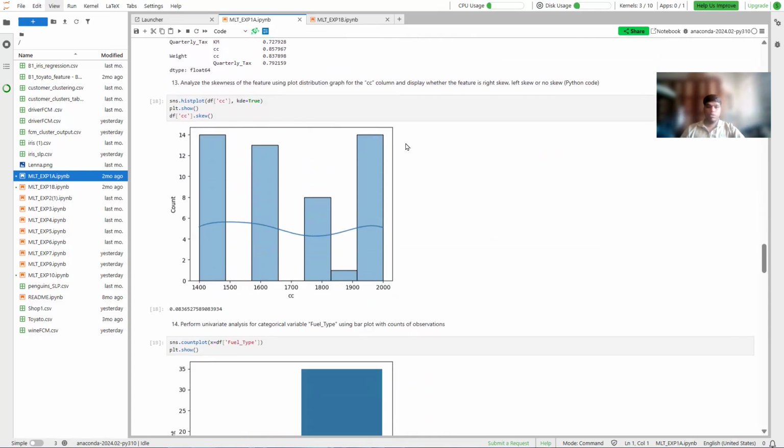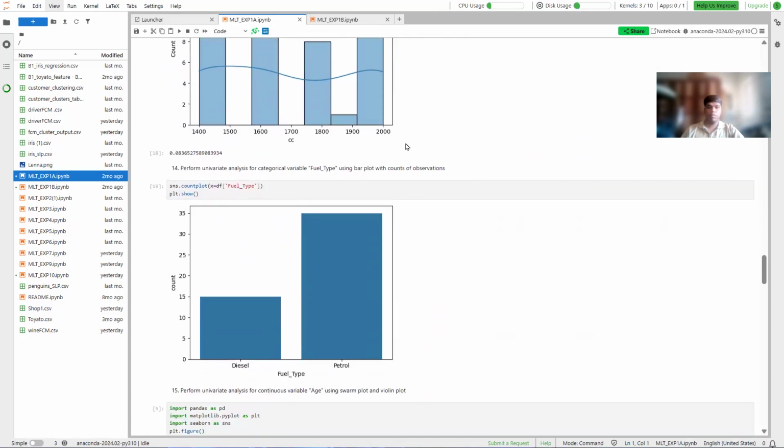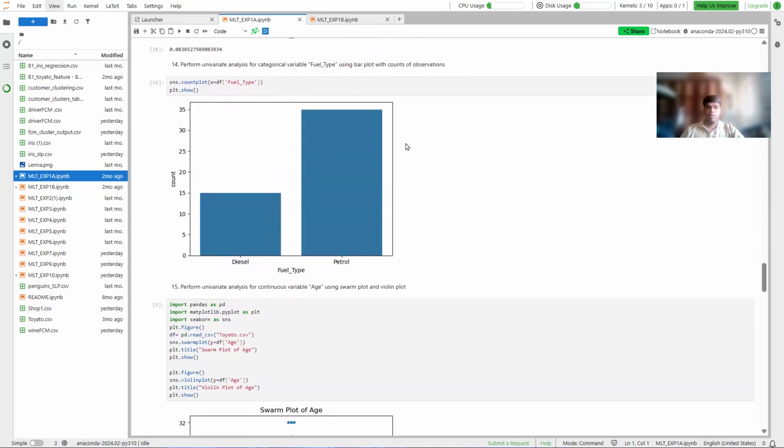For the skewness of CC, I plot the histogram and calculate the skewness to identify whether the data is left skewed, right skewed, or normal. For performing the univariate analysis for categorical variables,